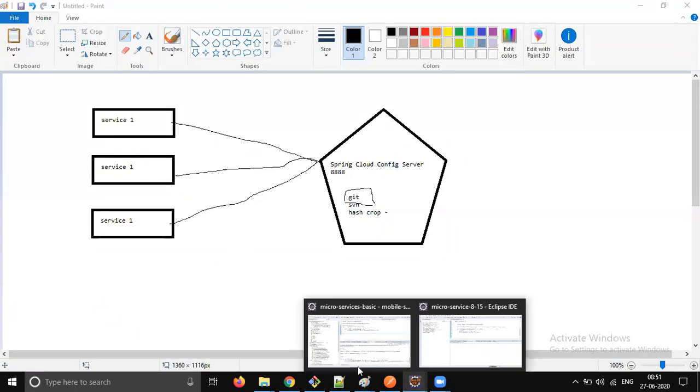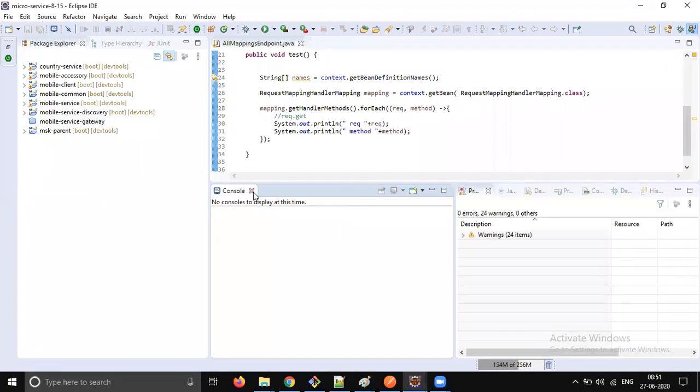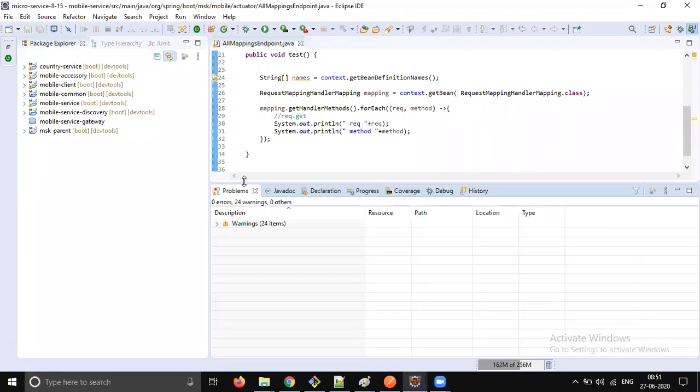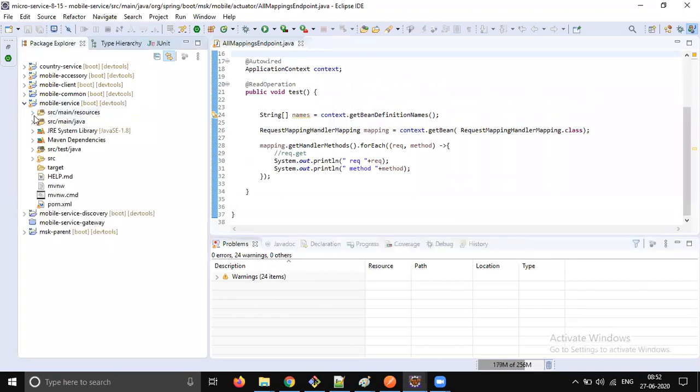Till now, what did we do? For example, let's get into this mobile service. In the mobile service, we are simply using the application.properties file, and there we kept all the required things.